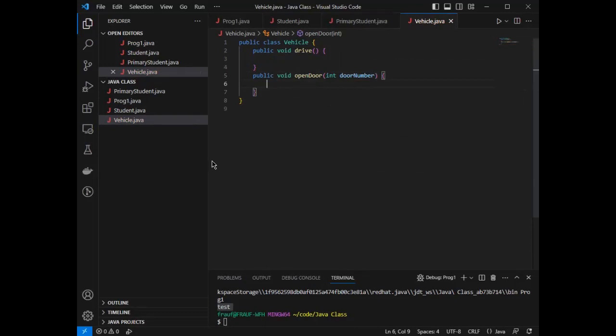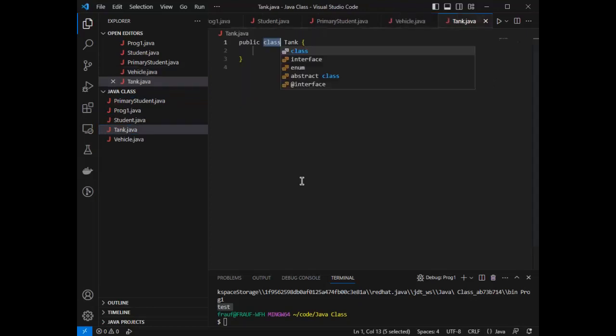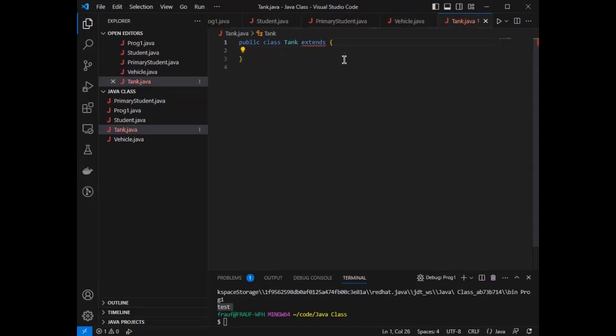So this vehicle function is common throughout all different types of vehicles. They all have the same functionality. But let's say you have a truck, a tank, let's say, in Java, and it has all the functionality as well. You want to be able to open the doors, you want to be able to drive it, but at the same time it can do more, right? So because we're going to use the same functionality, we'll make it a subclass. We'll say extends Vehicle. So now